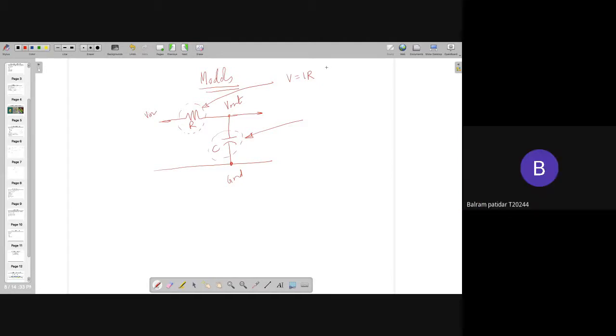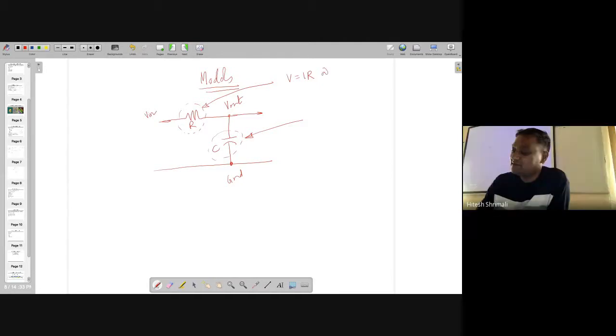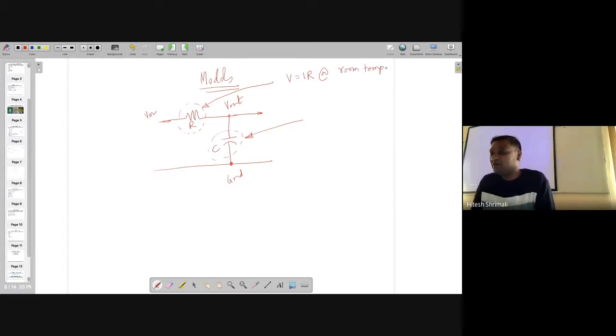Very good. So Bharat has given an answer: at room temperature. Right. You all will agree, this law is only applicable at room temperature. If it is not at room temperature, this equation will change, and you will have all the non-linear polynomials on top of this one, right? So resistance is actually varying with respect to temperature, right? And if you are going to minus 40 degrees, this doesn't work.